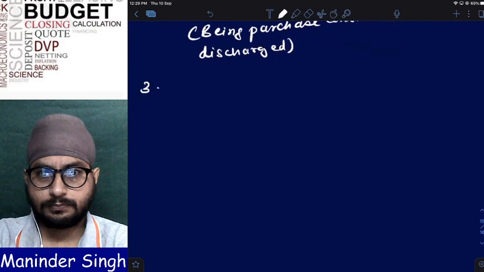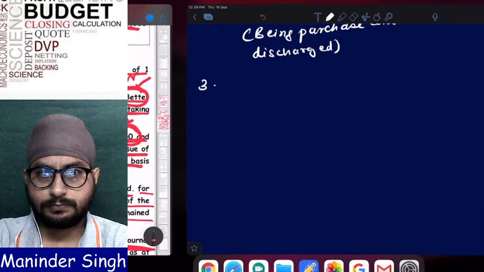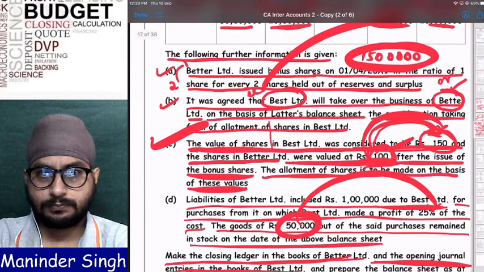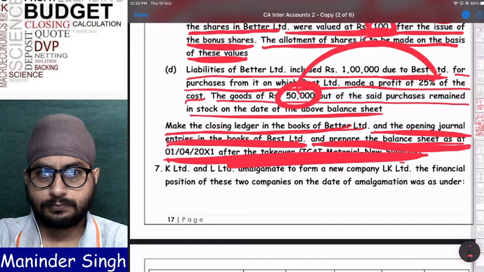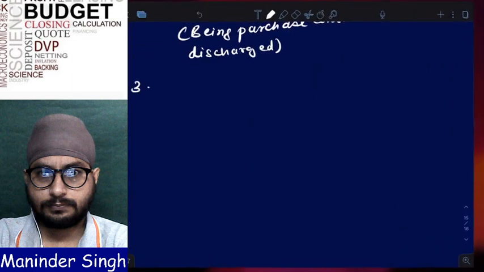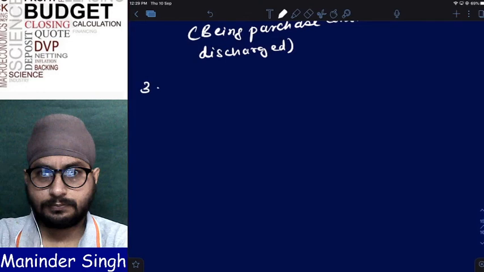Number 3. After that, now tell. After I discharge the purchase consideration, should I prepare the balance sheet now? Are they asking us to prepare the balance sheet? Where is your concentration? 10 times I told you before starting the problem itself, 3 things have to be done. To prepare the balance sheet, should I keep intra-group transactions or eliminate?